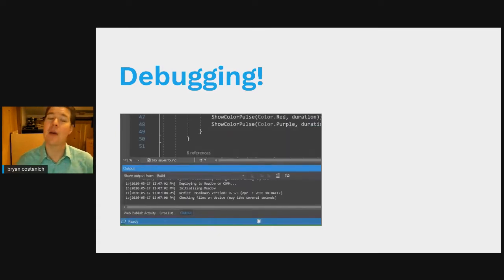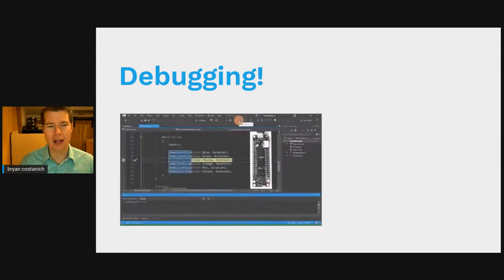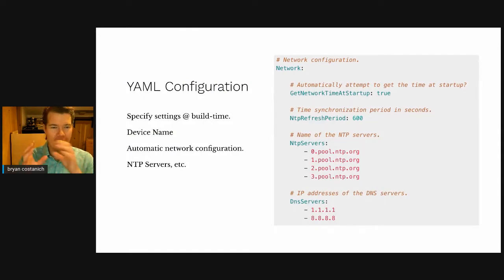It was very cool. Next up in the Beta 6.0 release feature pipeline is full device configuration at build time via YAML files. This is very exciting. At build time, you can specify things like your device name, which is how it appears on the network, and also your network configuration, including automatic network startup. So at build time now, you can deploy your Wi-Fi credentials. Those get sucked up as soon as the app boots up and put in secure storage on the ESP32 coprocessor. The file gets removed, so the secrets are gone,